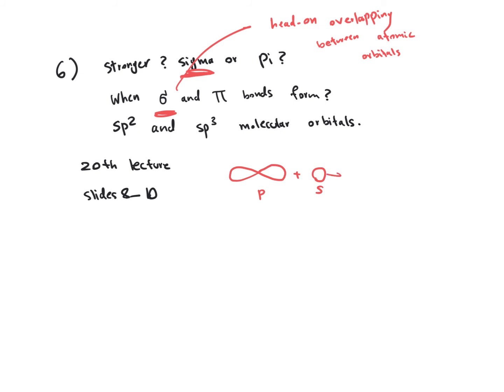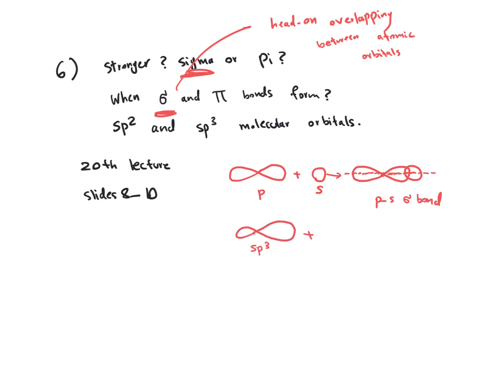You see that they form here a p-s sigma bond. In other words, remember I said if you have the axis for these two, they align. So this is head-on overlap. Or the same thing if you have sp3 molecular orbital plus s atomic orbital,